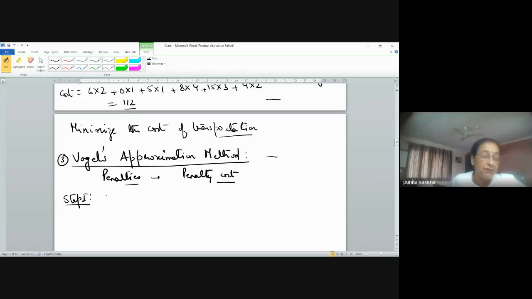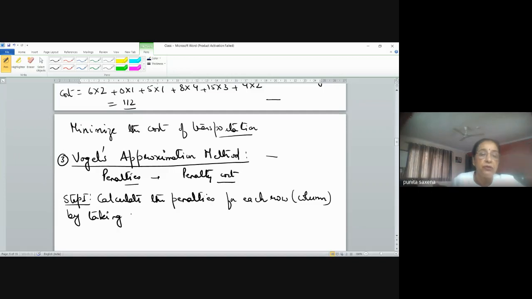You have to understand this method a little more carefully. Okay. Now, as step number one, what we do is we calculate the penalties for each row and column. Okay. Now, what does penalty mean? That is nothing but we take the difference